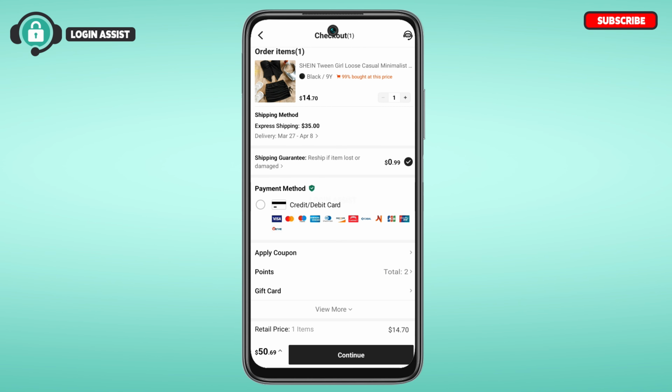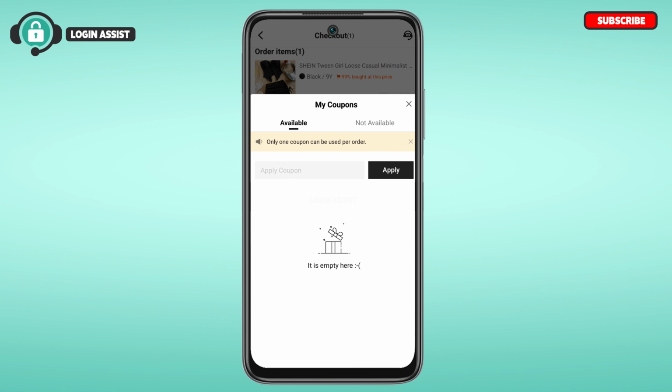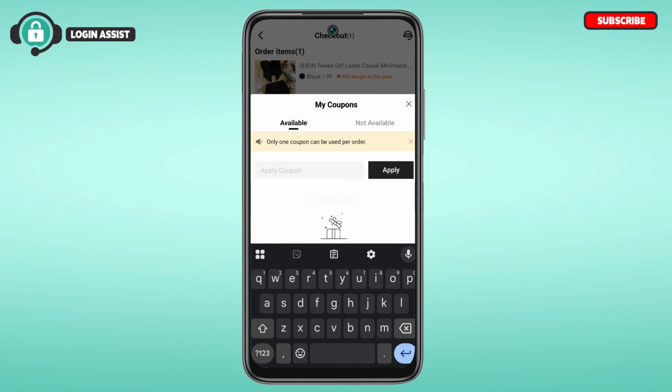In the checkout interface, you'll be able to apply the coupon. Tap on this option apply coupon that you can see on the screen. Now after you do that, you'll be able to see the available coupons over here. If you have a coupon code, you can tap on this option apply coupon. After you do that, simply enter your coupon code over here. After that, tap on the option apply and it will be applied and you'll be able to get the discount